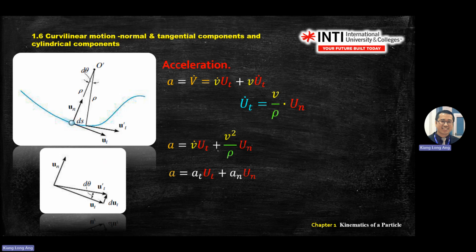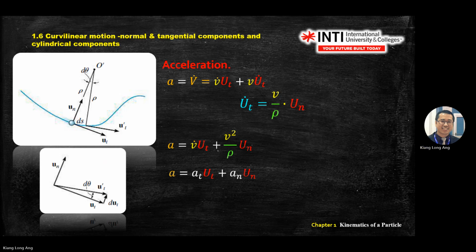Then another mark is where? If you're given velocity, let's say 5 meters per second, where is V? Follow the tangent. Follow the V, follow the T direction. You can overlap with T. Then write V there. Then after you get V, the question will still ask you, what is your